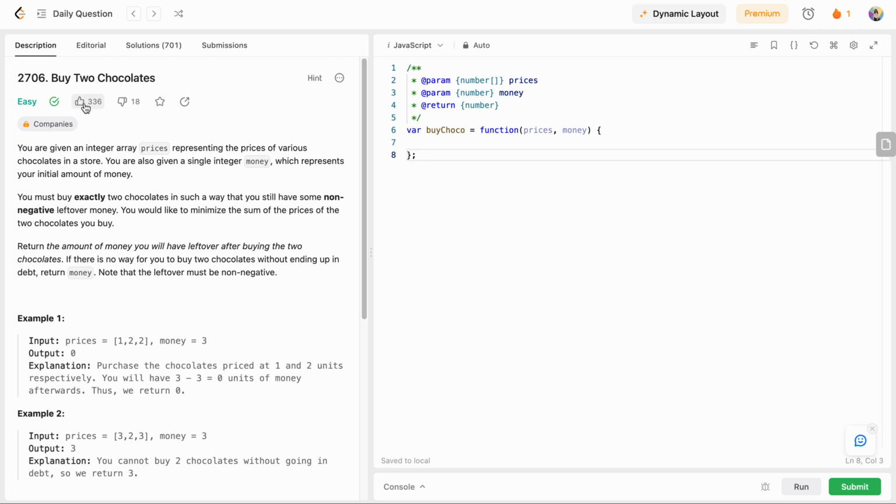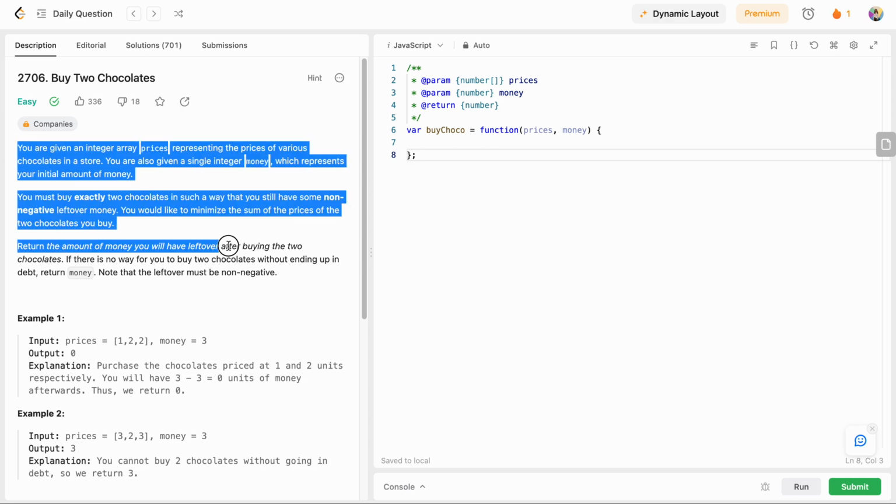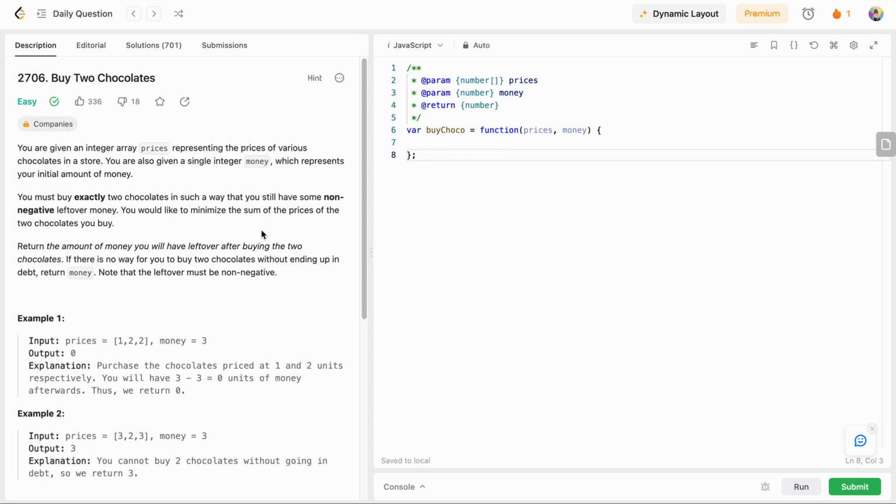Hello friends, today I'm solving problem 2706, buy two chocolates. Looking at the whole description, you might get intimidated and think, why is this an easy problem? But actually all of this description just boils down to finding the first two most minimum prices in this array,